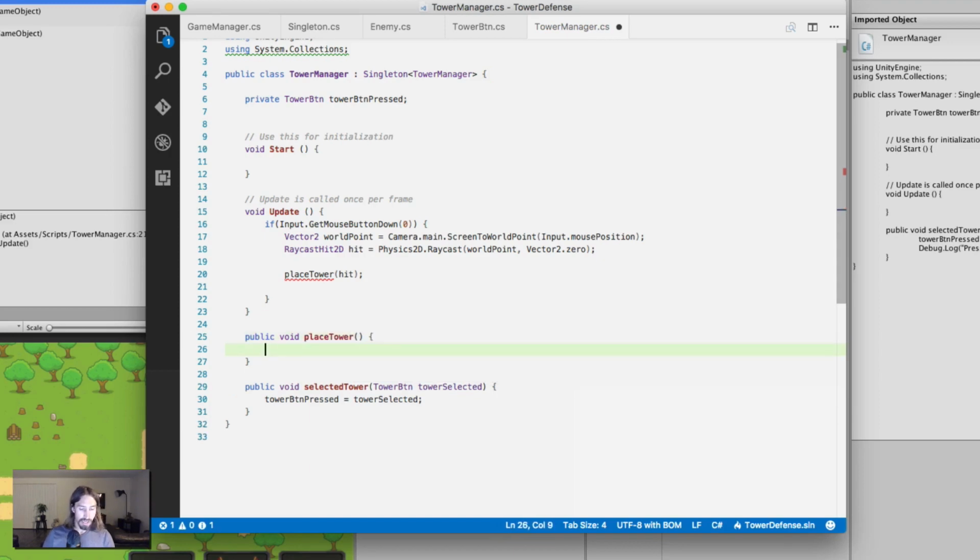All right. And so in our place tower function, what are we looking for? Well, we're passing in a raycast 2D, so we need that here, right? So we need RaycastHit2D, and we'll just call this hit still, so it's the same variable. And why don't we just instantiate our game object right away? So you do that by doing, okay, our game object of new tower, this is the tower that we're going to be placing here, equals instantiate,